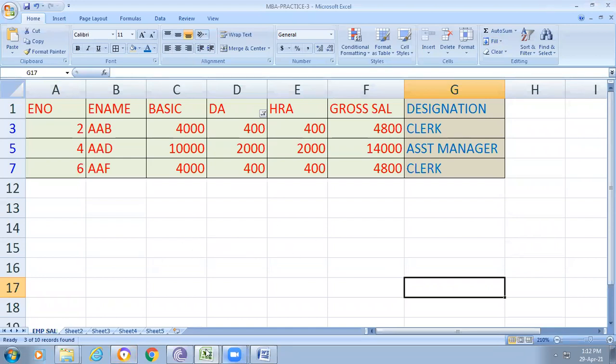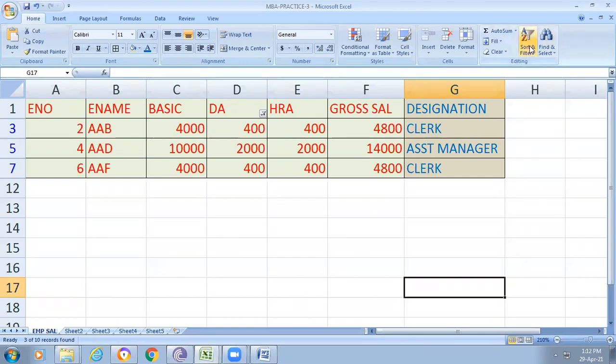So today I'm just explaining how we calculate the gross salary of the employee, and how we are using the if, and how we are performing the sort and filter. So sort means we can arrange the text from lowercase, in ascending order, and at the same time descending order. And filter is used for display, which is what you need to display only.